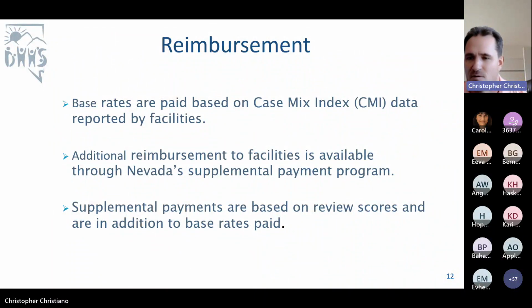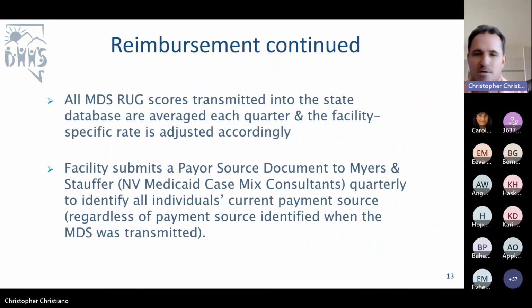And this is how it's calculated. 50% of the supplemental payment is based on Medicaid occupancy, MDS accuracy, so this is where MDS comes into play for us because this is calculated into that, and quality measures. And then the other 50% of the payment is based on acuity. And then the amount for supplemental payments is computed quarterly and reimbursed in the quarter in 3 equal monthly payments. So we're talking about money here. And so accuracy is super important, and understanding that this relates to what you get paid by Nevada Medicaid. Okay, I'm moving on to slide 13, and this is reimbursement continued.